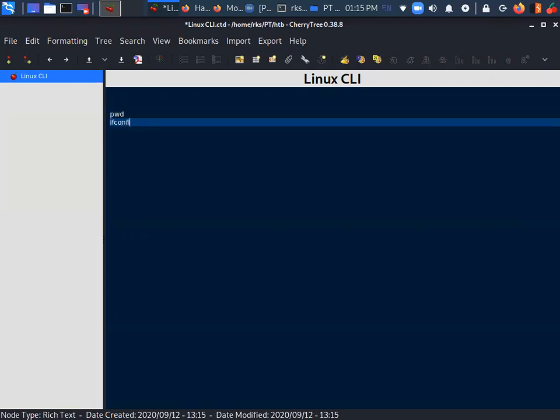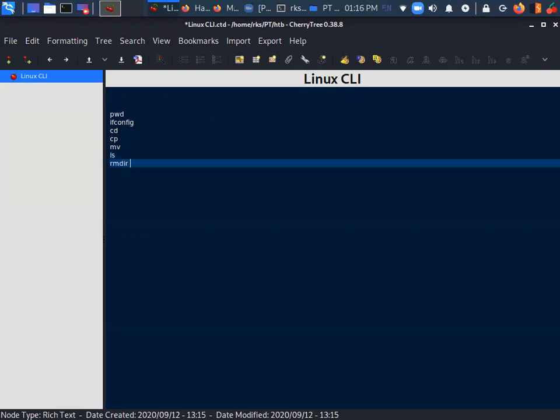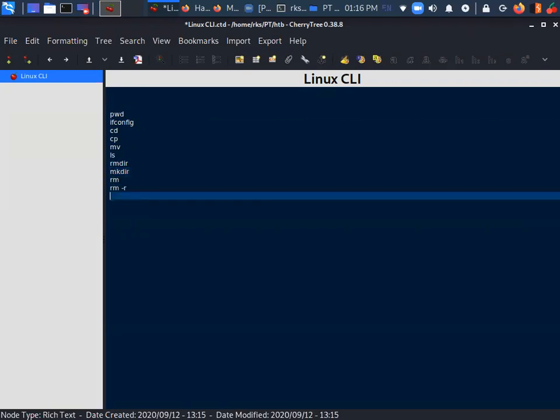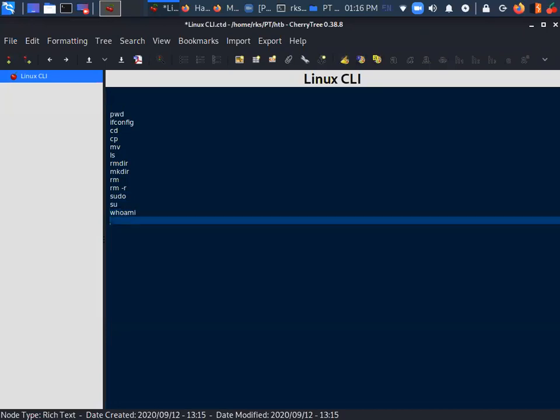You let me know what is not clear. ifconfig, cd, cp, mv, rm, ls. What else is used generally? Something like sudo, su, whoami. These are very basic commands that you are going to come across on day-to-day purposes.